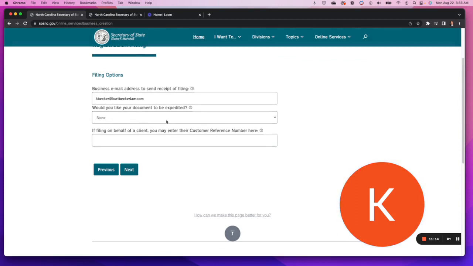And you can ask for it to be expedited. I typically don't. The state of North Carolina is actually pretty fast. They're pretty quick with their response time, so I usually don't expedite. In a business email to send receipt of filing, this would be where you want to get updates, and then if you're filing on behalf of a client, enter their customer reference number here. I typically don't do that, but we will select next, and